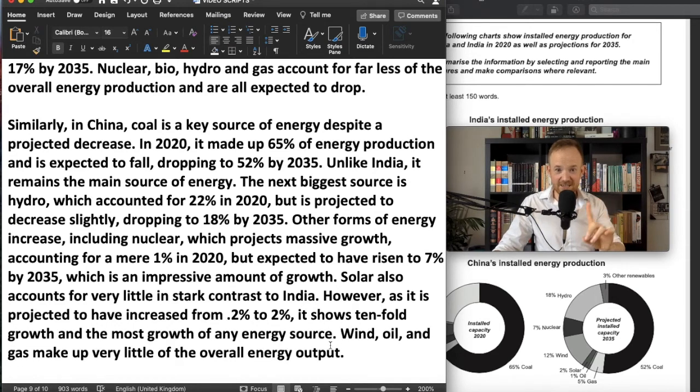And then finally, if we look here, wind, oil, and gas make up very little of the overall energy output. I've just left that really simple. I haven't mentioned other renewables at all. You can leave out details if there's a lot of information. In this situation, take another look at it, see what I've put in, see what I've left out,